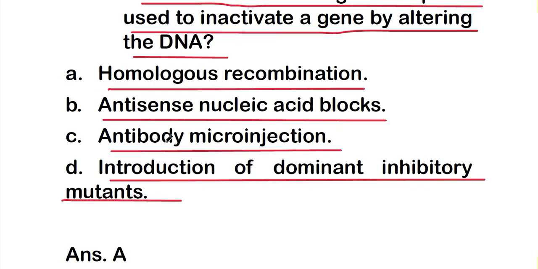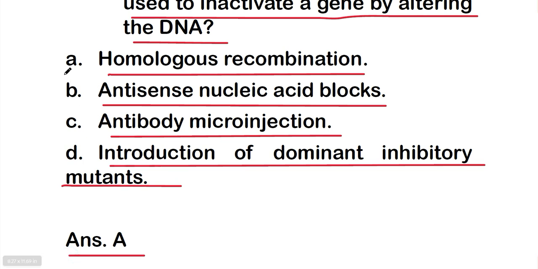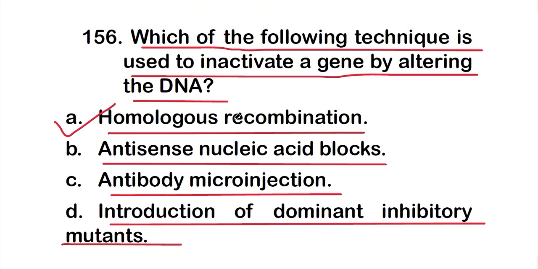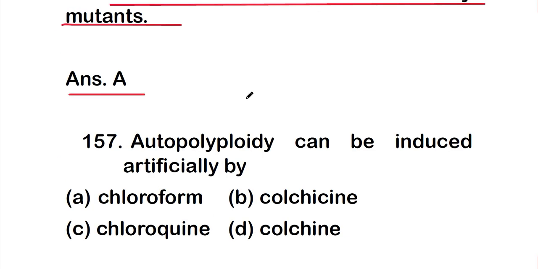So the right answer is option A, that is homologous recombination. So homologous recombination, which is a technique, is used to inactivate a gene by altering the DNA. So next question is,